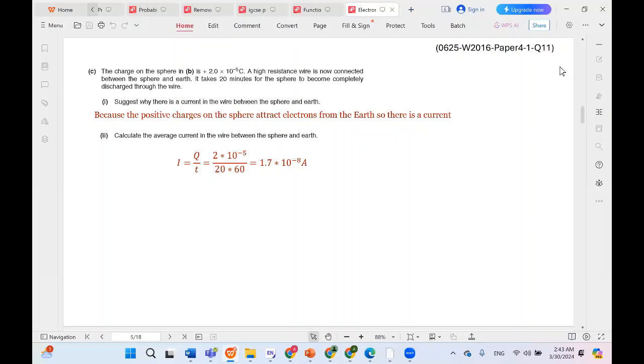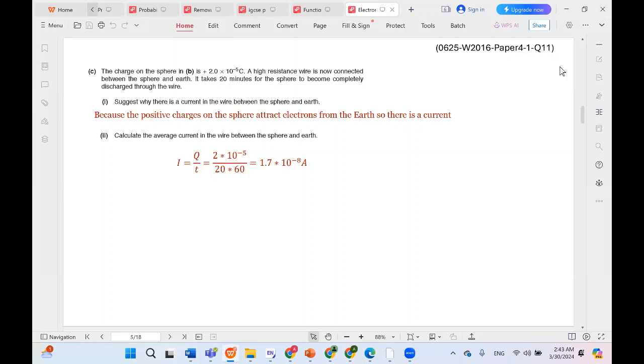So this can be explained in more detail if you refer to our previous video on electrostatics, where if we have a charged sphere that has more positive charges and we connect an Earth wire, we expect the negative charges to flow from the Earth and into the sphere. This was previously discussed in great detail in another video that I recommend that you refer to in case this is confusing for you. In double I, we're asked to calculate the average current in the wire between the sphere